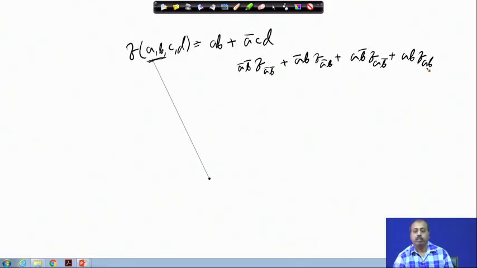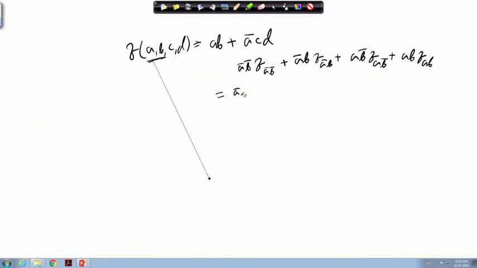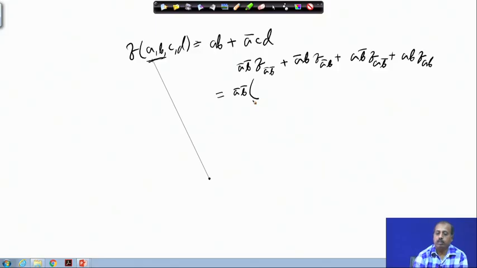where by f(a bar b bar) I mean the function obtained from f by putting a equal to 0 and b equal to 0, and f(a bar b) means the function obtained from f by putting a equal to 0, b equal to 1, like that. So, if I just expand it, a bar b bar into, in the original function if I put a equal to 0, b equal to 0, you get the function cd, fine. Then a bar b into f(a bar b), if I put a equal to 0 and b equal to 1, the first term vanishes, in the second term it becomes cd,